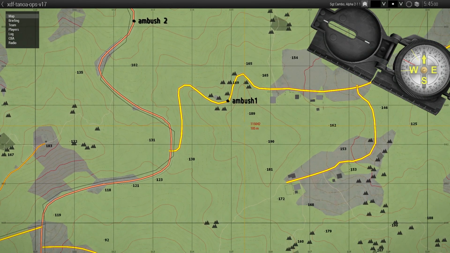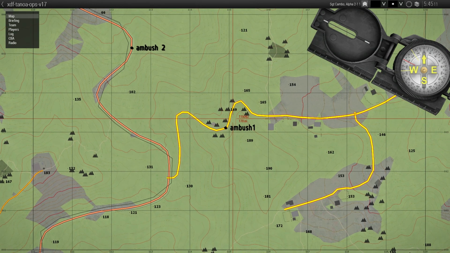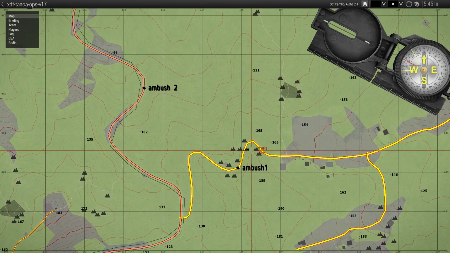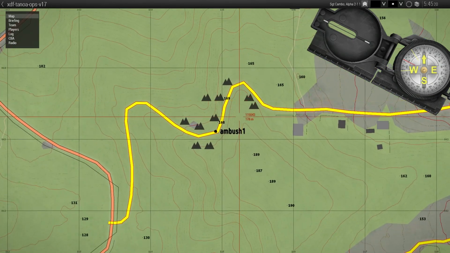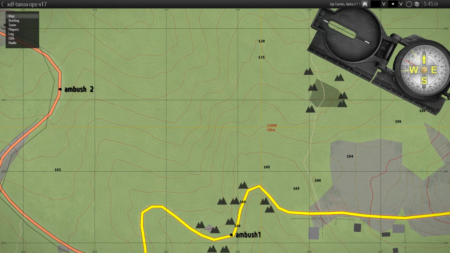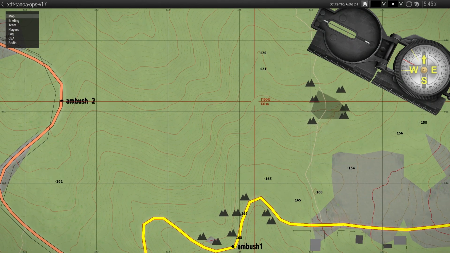Then we'll move up to recon the ambush area for ambush 1. See if there are any vehicles in the area, if it's worthwhile setting up an ambush there. Whether we do initiate an ambush there or not, we will move from there. You'll see at that ambush area there's like a finger pointed towards the north where the road bends around. We'll move across the road there, keep heading north in the jungle